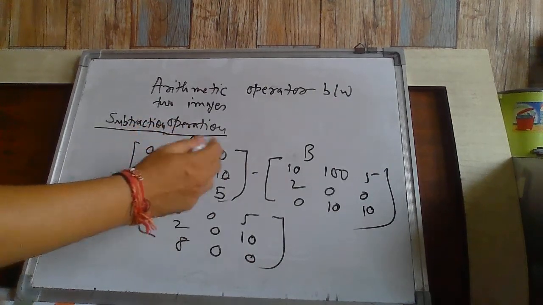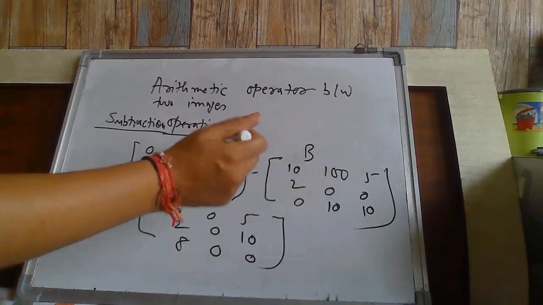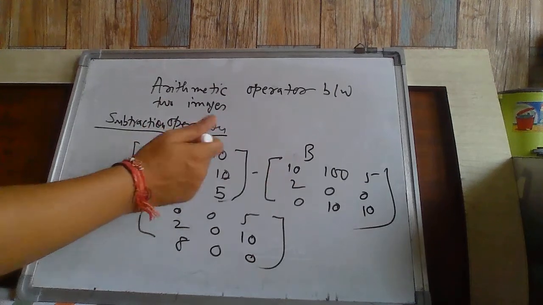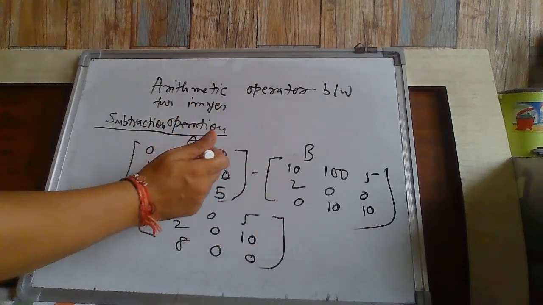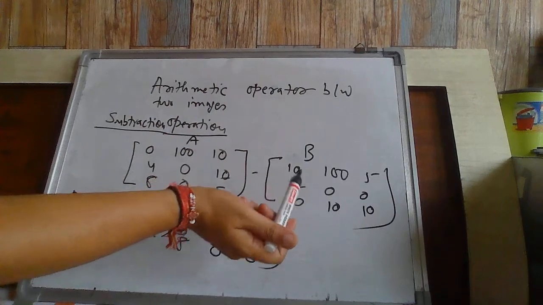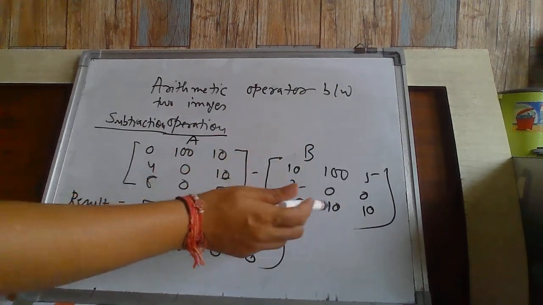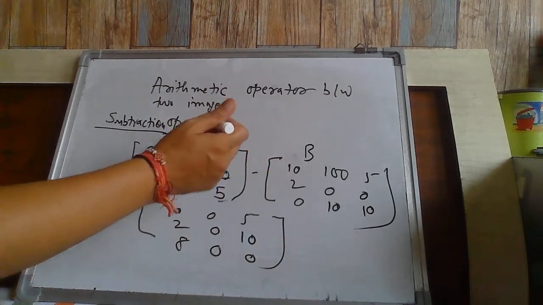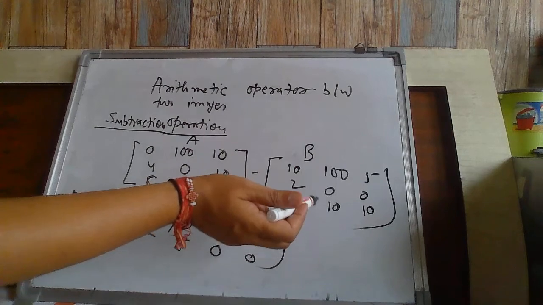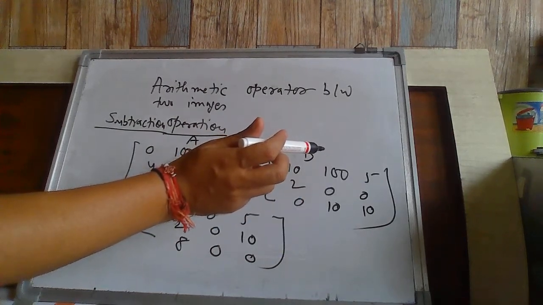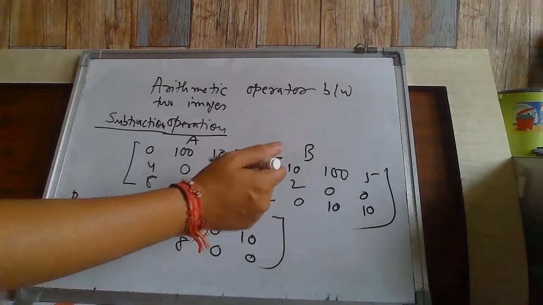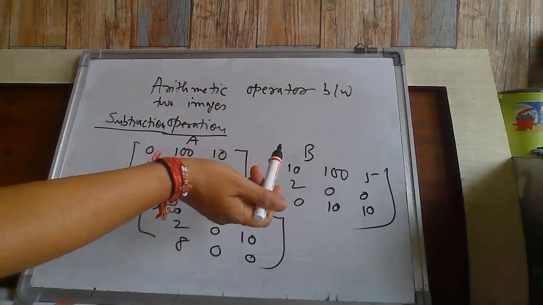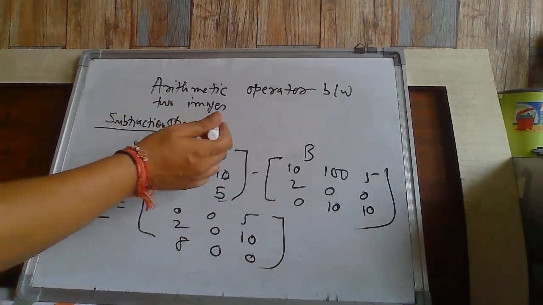So let's say image A was given as 3 by 3 pixels and image B was given as 3 by 3 pixels. The range of the pixel is already mentioned here. Maximum range is 100. So how many bits may be required to represent 100? 7 bits maximum. Clear? Similarly, for this image also 7 bits will be required. If you get any value beyond the range, then you should replace it with the maximum range in 7 bits, which is 127. 0 to 127 will be the range. So every pixel, if you get any value beyond 127, you should replace it with 127 in any kind of operation. Let's say we are doing a subtraction operation here.